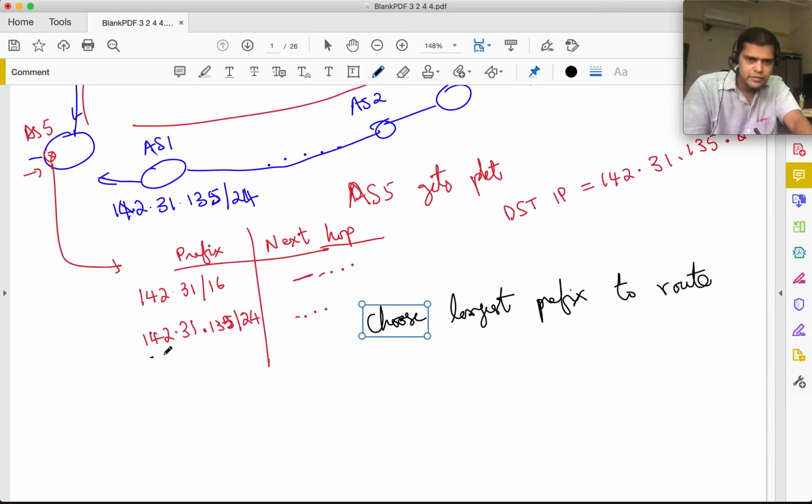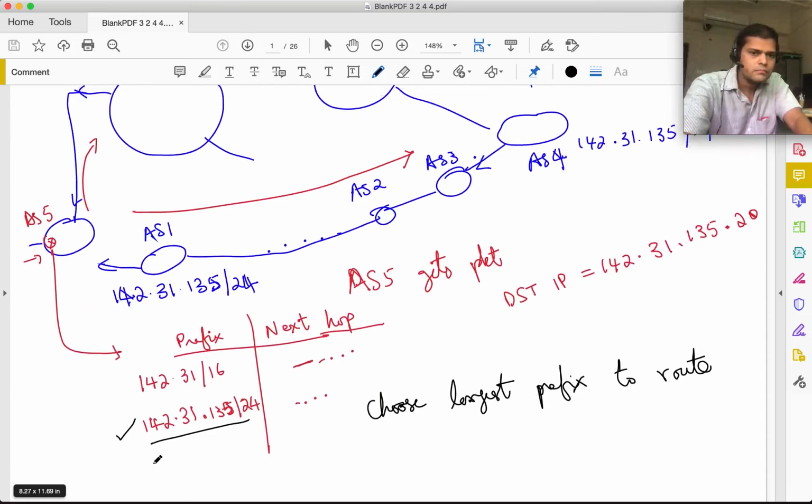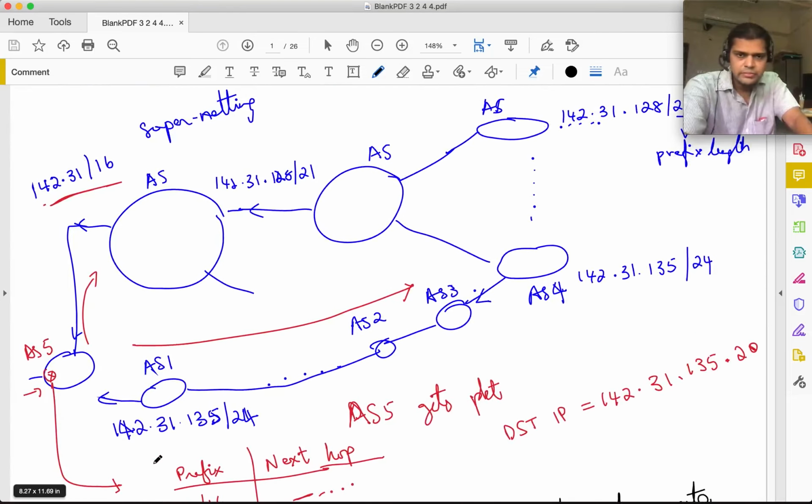And the longest prefix in this case is going to be this one. So intuitively, why do we do longest prefix? Why don't we do something like shortest prefix? Okay, so if you think about it, in the autonomous system which actually has this prefix, it is going to advertise this one, which is the longest